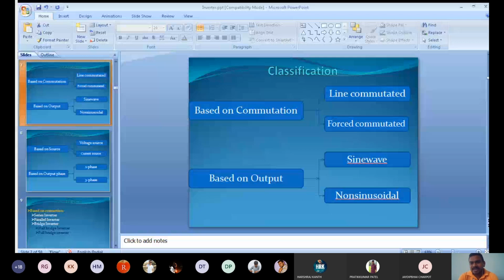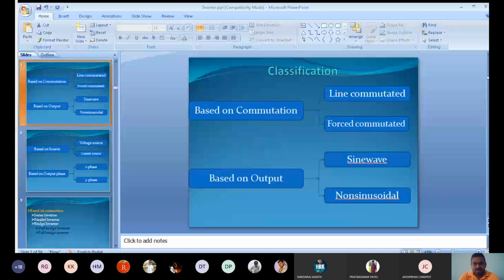When the value of current becomes 0, your SCR will automatically turn off, because the current flowing through the SCR becomes 0 when the half cycle completes. So obviously the SCR becomes off because the current flowing through the SCR becomes less than the holding current. Okay, so this is known as the natural commutation.